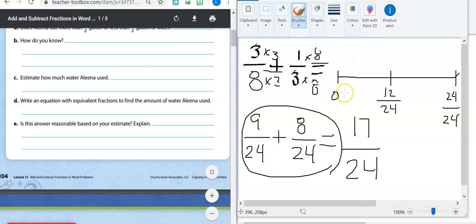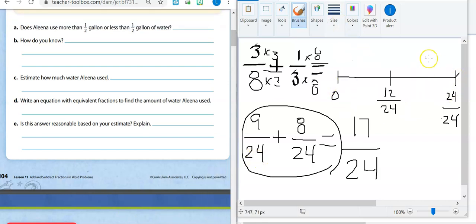Now, I drew a number line to help us understand if our answer that we worked out, 17 over 24, is in fact reasonable based on our estimate. So again, we estimated that our answer will be between 1/2 and 1 whole gallon. So right here, I drew a number line and it's broken into 24ths. 1/2 of 24 is 12. So 12 over 24 will be our half, and 20